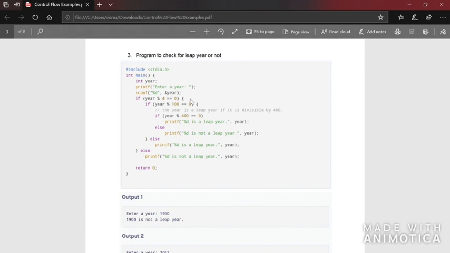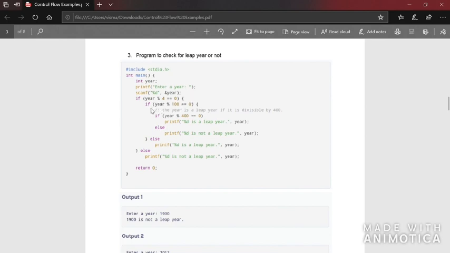So here, if year modulo 4 equal to 0, imagine the year is 2050. The value stored in the variable year is 2050, and if you divide 2050 by 4 and get the remainder 0, then it will go inside the body of the if.